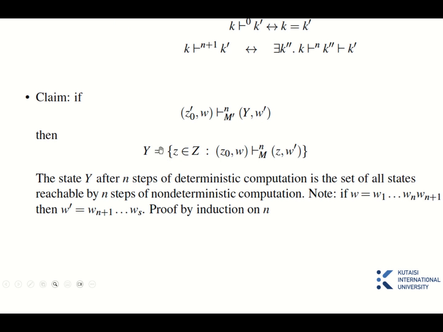What this says is that if I make n steps in the DFA that I created, and I end up somewhere, this state has a name. It has a bunch of different Z's as its name, a bunch of different states. These are exactly the states that are reachable in my original NFA by taking n steps. This actually proves the claim because